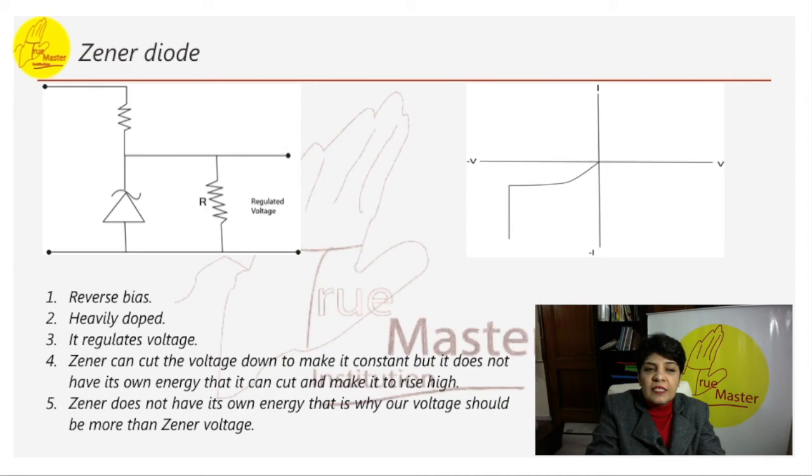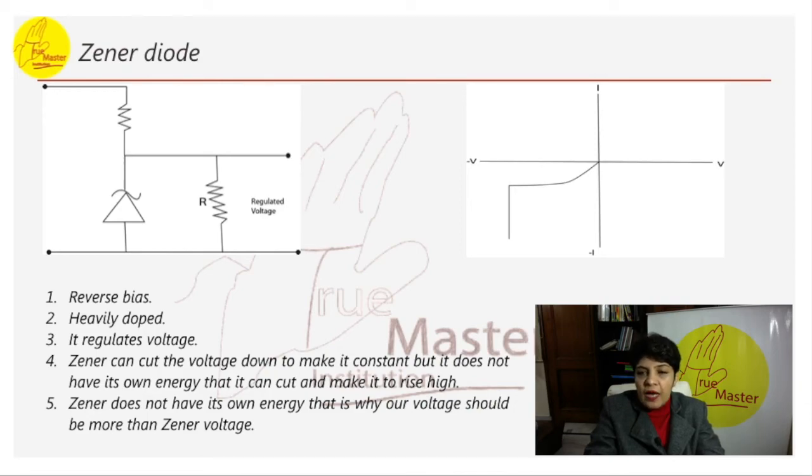Now we have placed this PN junction in reverse bias. In reverse bias, what happens? Only the minority charges are allowed to move. So minority charges will move. Once we increase the voltage, neutral atoms inside also get ionized. Hear this again. Once we increase the voltage, neutral atoms inside also get ionized. Every atom will give an electron. Lot of electrons are developed in the semiconductor.